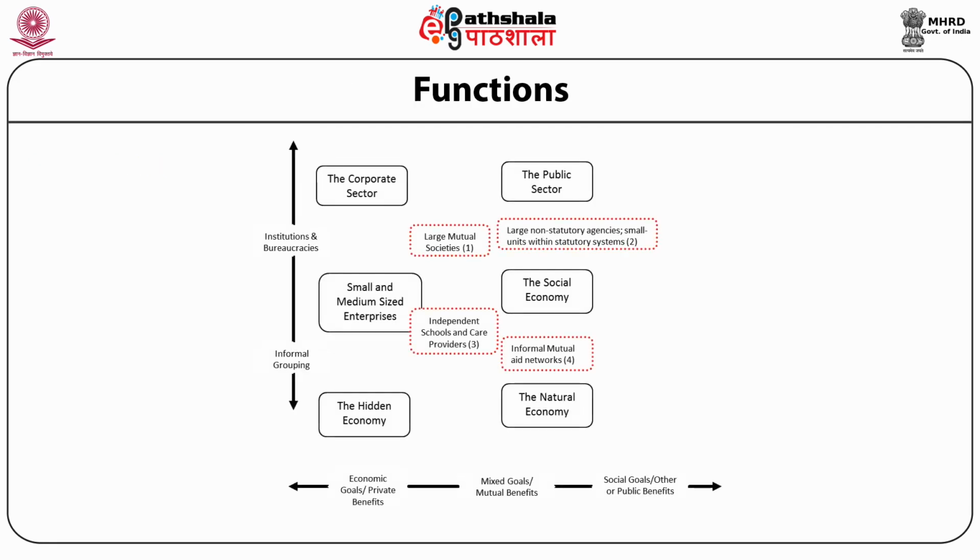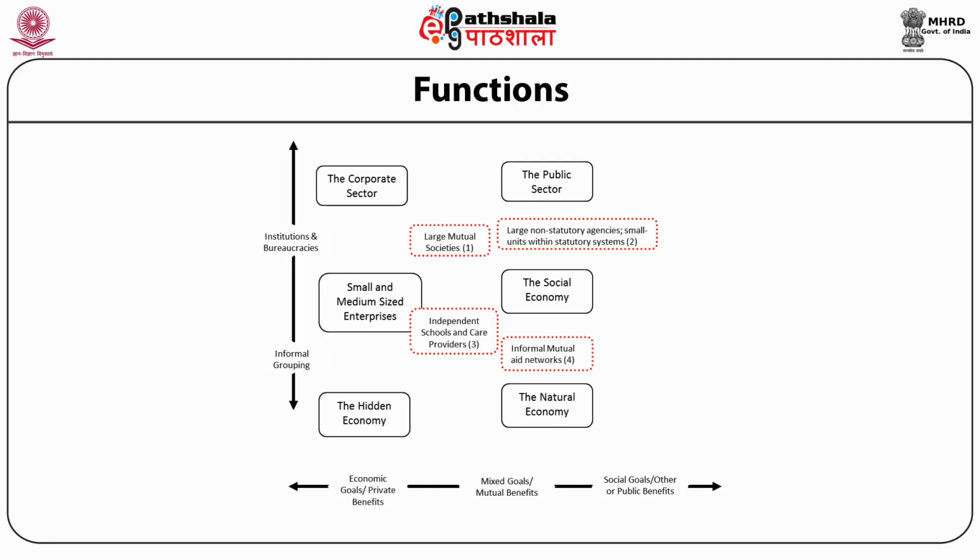The figure first shows the types of organization in and around the social economy. It illustrates that from economic goals or private benefits, to mixed goals or mutual benefits, or social goals or other public benefits, vis-a-vis informal grouping, institution and bureaucracy, we have many economies or forms. So if you talk about the hidden economy, which basically is part of economic goals and private benefits, these are the informal groups, followed by the natural economy, which is a reflection of mixed goals and mutual benefits in terms of